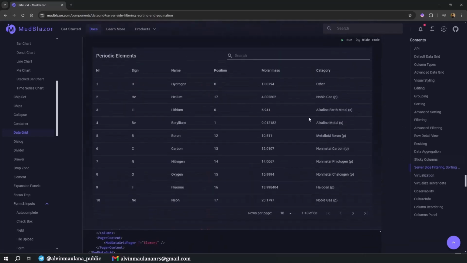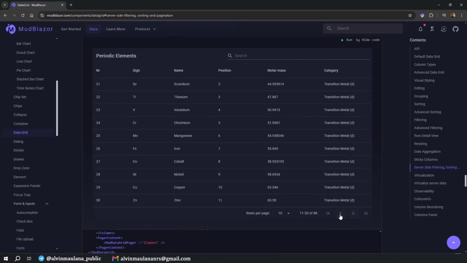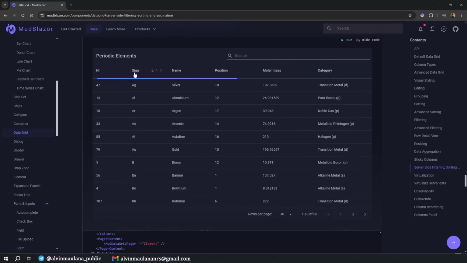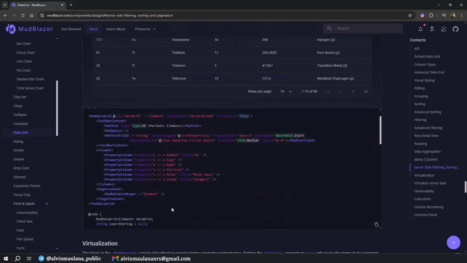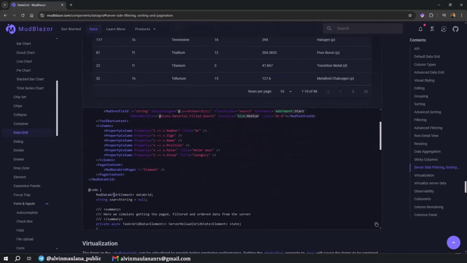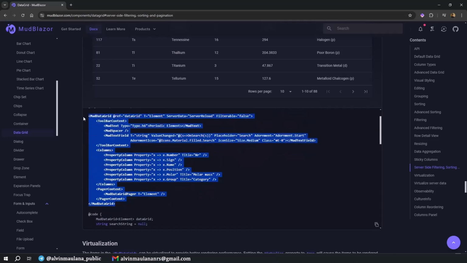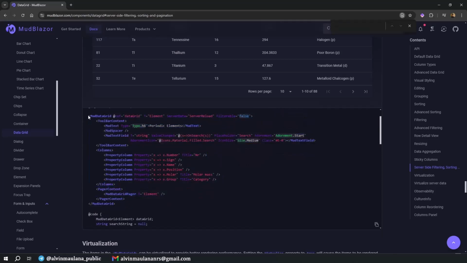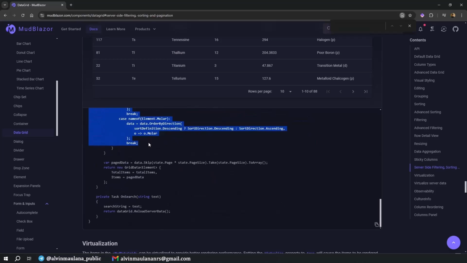By default, Blazor helps us with the search, the pagination, and also the sorting. What we need to do is just use all of this. For reference we can just copy all of this, and maybe I need to copy the code also. Okay, I copy all of this.